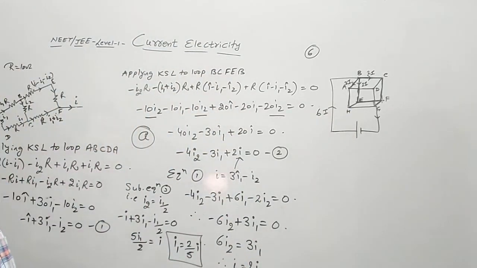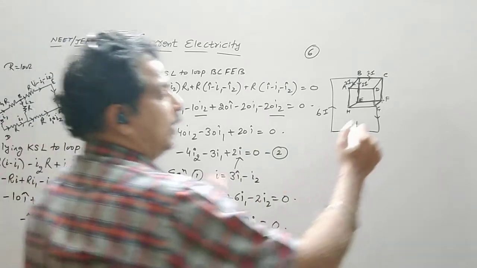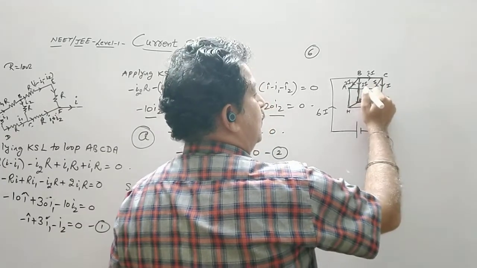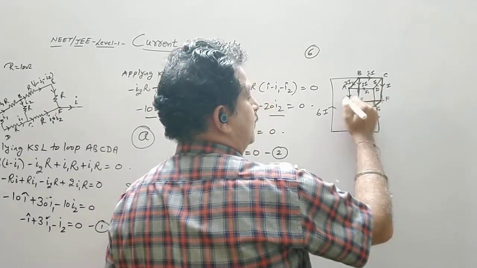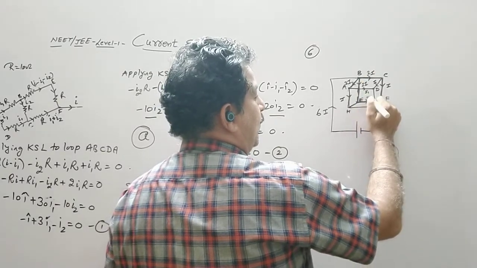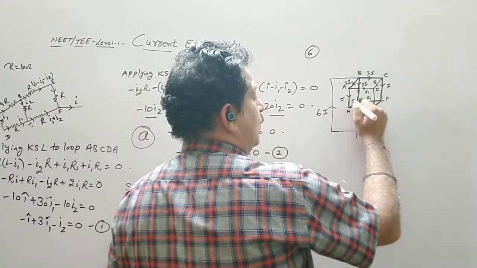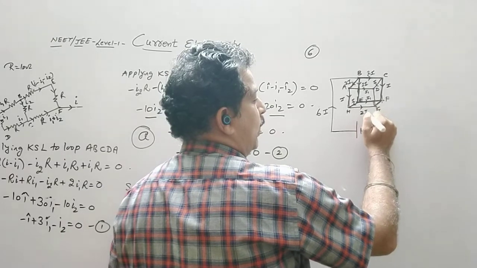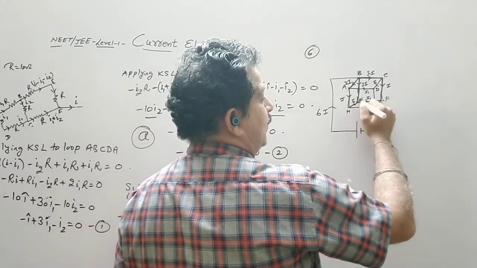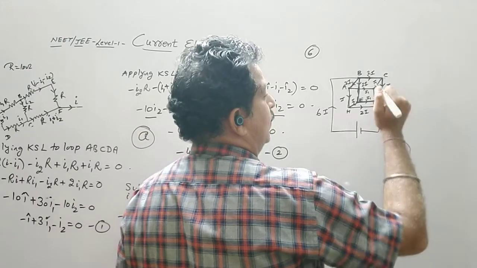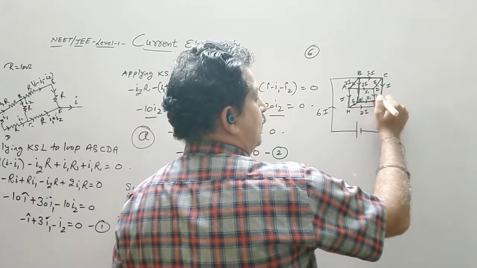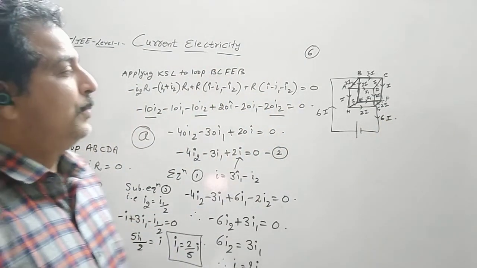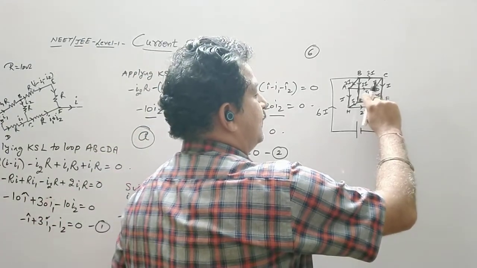So the same numerical we did in our NCERT book. So again now this 2I will be further divided, I, I, I, I, then this 2I, again I and I. Then this I comes to H, from E, from A, it becomes 2I. Similarly C to F, E to F, so again it becomes 2I. Then A to D, C to D, 2I. So output comes out to be 6I. So we have only now one variable, that is I only.